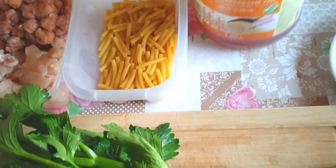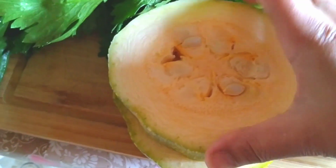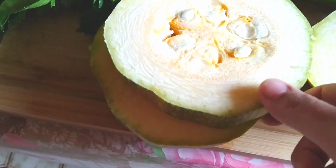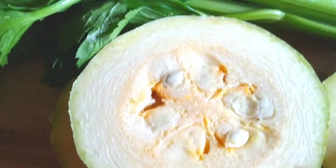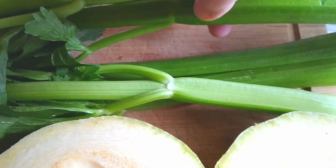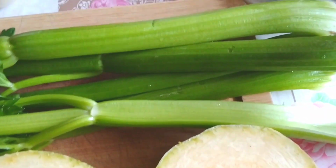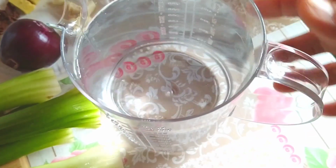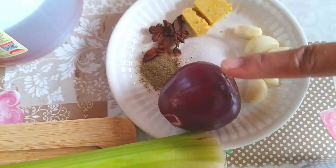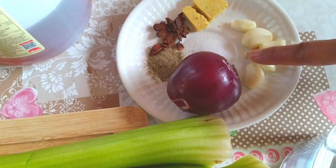I will show you all the ingredients. These are all the ingredients I will use for today. Zucchini, like this. I will cut it later. Celery, one liter of water, red onion, garlic, fresh garlic,